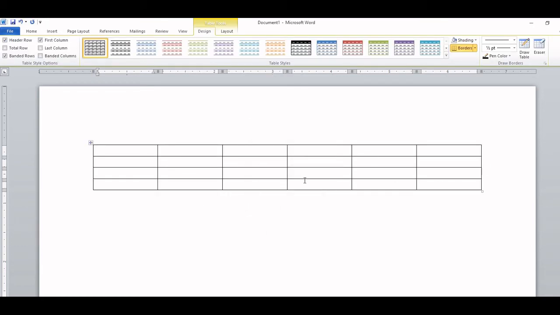Now here you can easily write some data. Suppose here I am writing roll, then here name, here subject 1, then subject 2, subject 3, then total. Then name, suppose I give ABC, roll 1, name ABC, marks anything, giving 80, 90, 70, then total 240.